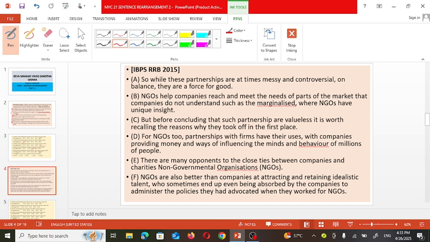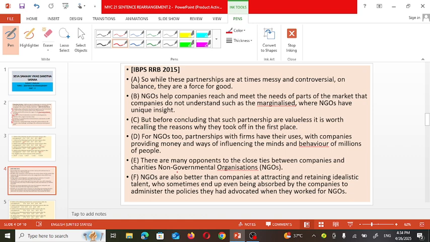But before concluding that such partnerships are valueless, it is worth recalling the reasons why they took off in the first place. Next option. For NGOs too, partnerships with firms have their uses, with companies providing money and ways of influencing the minds and behavior of millions of people. Next one, there are many opponents to the close ties between companies and charities,